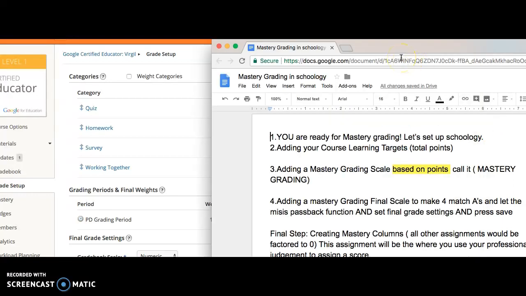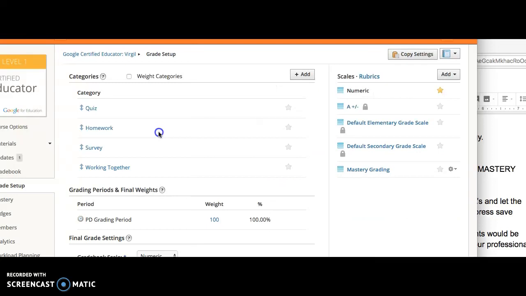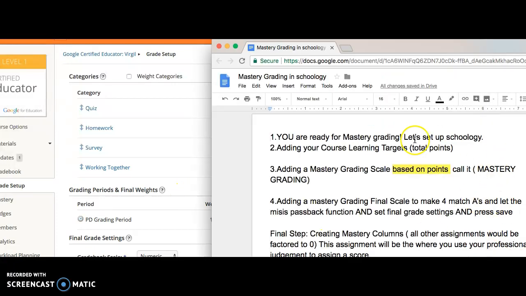So you're ready for mastery grading, which means you need to set up your Schoology gradebook. And the biggest difference between a regular gradebook on Schoology and a mastery grading gradebook on Schoology is the categories. So originally you might have chosen categories that match your syllabus with quizzes, homeworks, and classwork. But for Schoology, if you're doing a mastery grading gradebook, you're going to need to identify your learning targets as